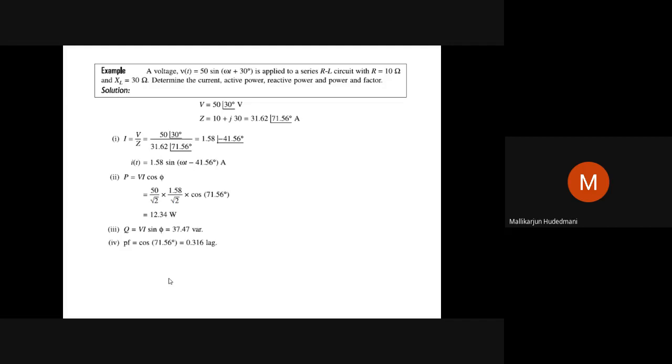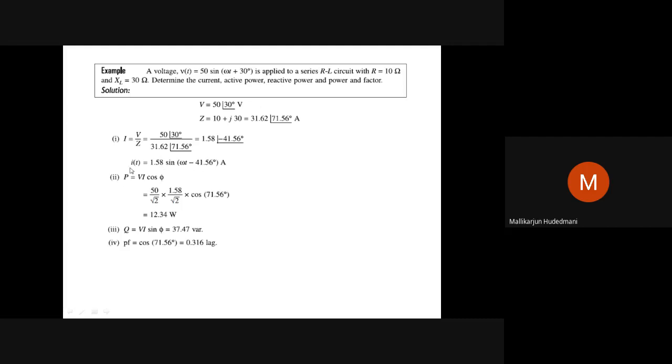So this is directly working to get into the instantaneous expression. We know very clearly vectors are drawn in RMS representation, but here what we are working with is instantaneous. We are taking the peak value and angle here. Correct? 50 is the peak value. Angle is 30 degree leading. That is written as a polar representation. V by Z, you will get the current peak value and current phase lagging. So the current will be 1.58 sine omega t minus 41.56. This is how the equation of current can be written.